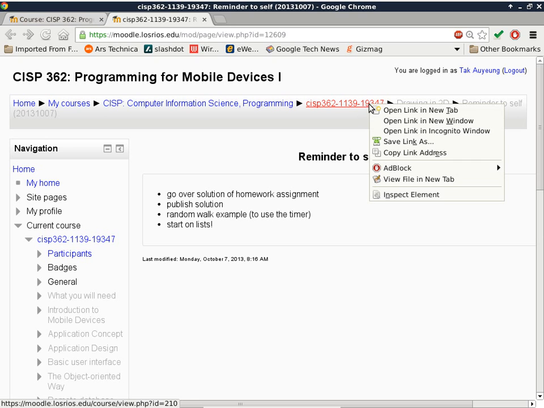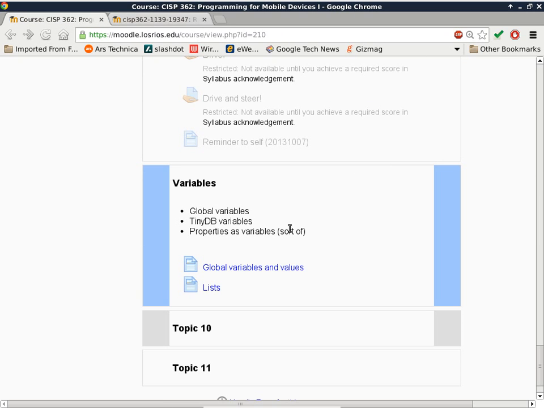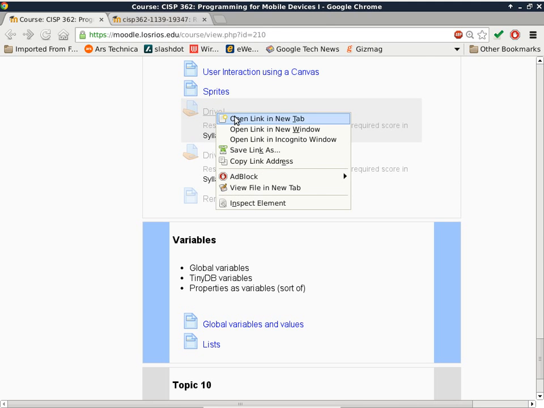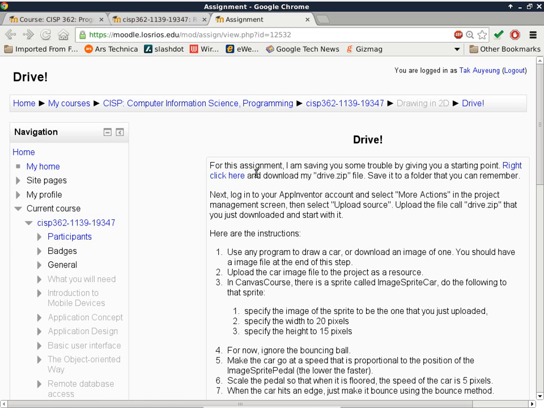All right, so let's do that first. Your homework assignment that is due today is called Drive. There's a new homework called Drive and Steer, so we'll talk about that one too. It's a very minor change to the program that you already have, but it does require one extra concept to get it to work. So I'm going to look at the homework assignment that we had before,